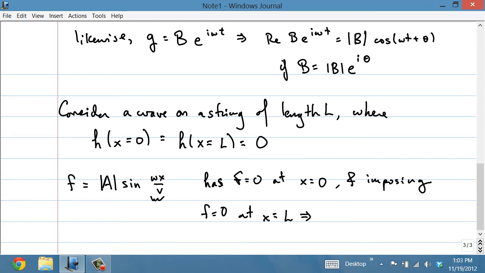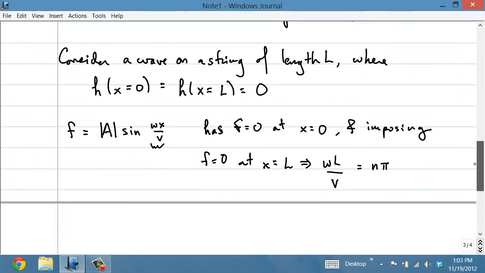So that tells us that omega L divided by V has to be an integer multiple of pi. So that we see, as promised,